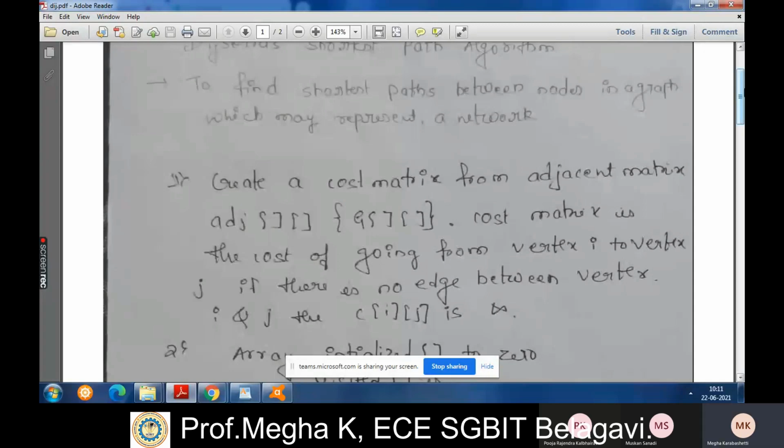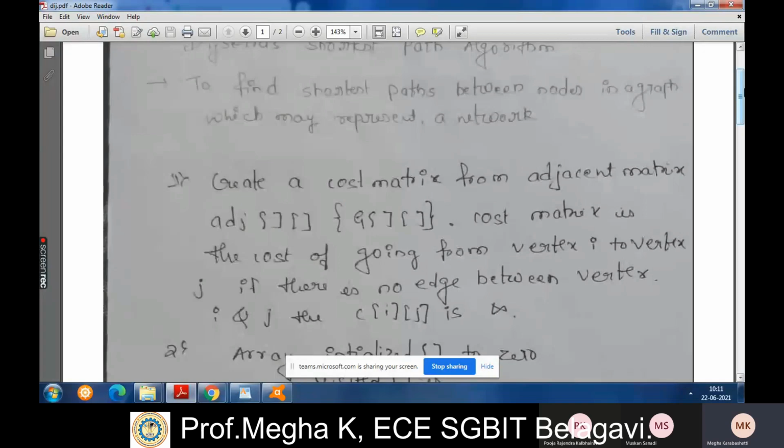We can represent all these things either by using a graph or by using a matrix. Now you are given a matrix. By using that matrix, you need to find the shortest path between two nodes, from every node to every other node.